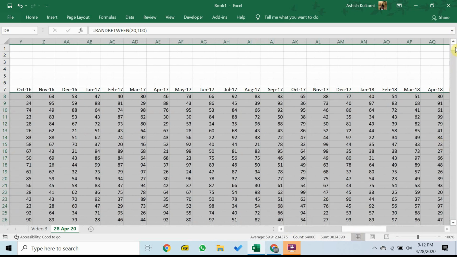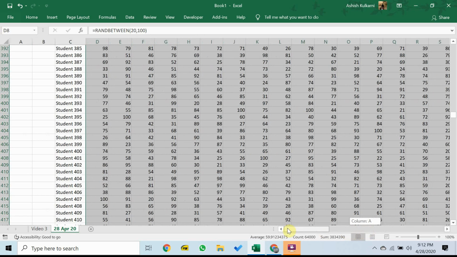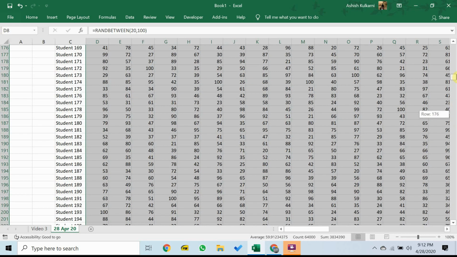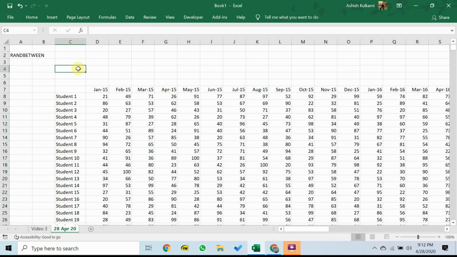So big, in fact, that it's quite possible to get lost in this table if you are stuck somewhere in the middle. So we have two problems. The first is we don't know which part of the table we are in when we are scrolling down. So we would like to take a look at whatever is written up top. And second, we would like it if we can make the numbers a little more readable. We'll get to that. But before that, what we need to do is first appreciate a problem and then work around that particular problem. The problem that we are trying to appreciate right now is this.